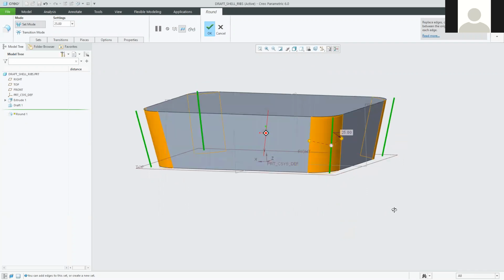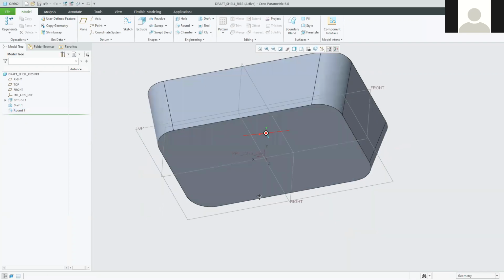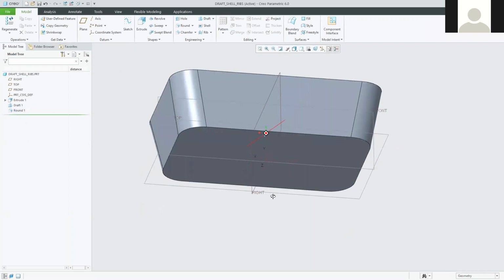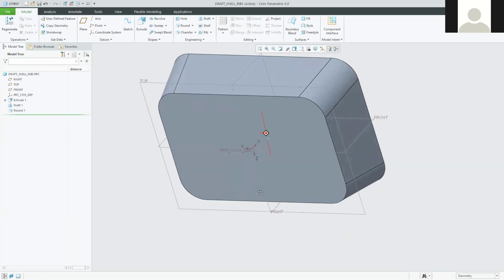So at that point, I'm happy with that round feature. I'm going to click on OK. Then I'm going to apply another round feature. So this one, I'm going to rotate my view round to what we are calling the base, or the underside of our